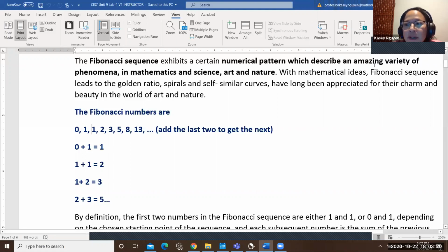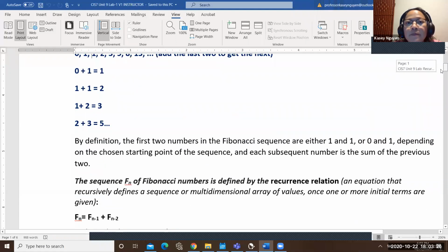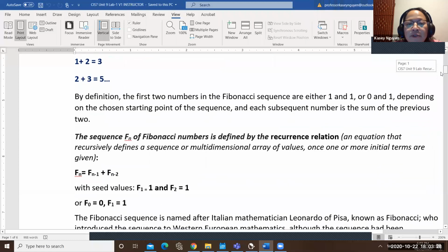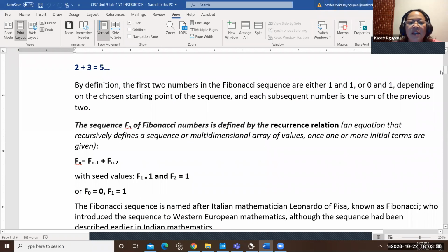Today we are going to take a look at how we would write it in C++ and be able to derive a certain value in the sequence, whatever the condition we say in the program.